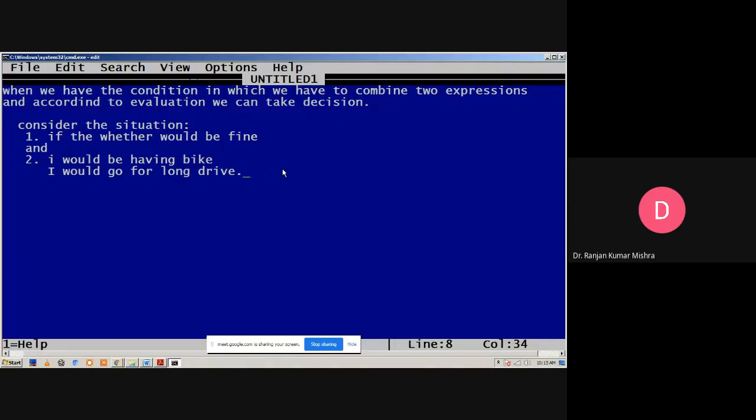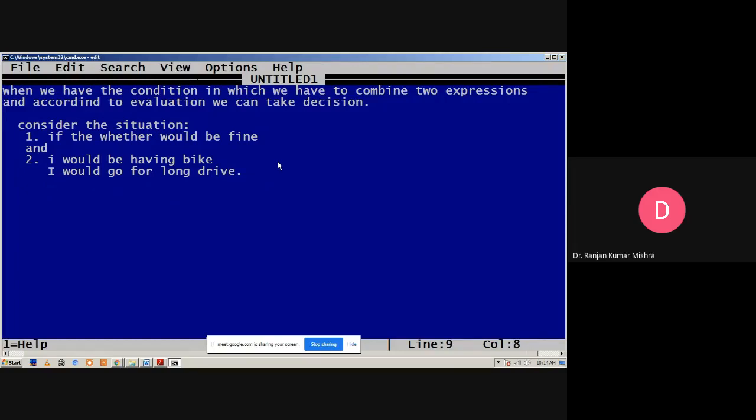In this case both conditions should be true. If both are true, then the action would be taken. That means if the weather is fine, then we will go for the long drive. Such a situation can be handled by a logical operator.